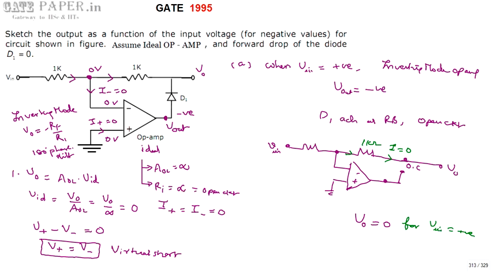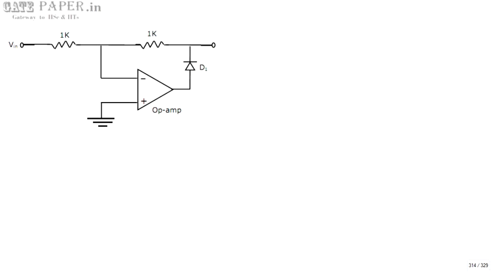Next we will see what happens in the negative half cycle. So for the negative half cycle, V in is negative. So case B, when V input is negative, because of the inverting mode op amp, V out, that is the output of the op amp, will be positive, and this positive voltage is connecting towards the P side of the diode and the N side is connecting towards 0 volts. Because of the virtual short you will get it.